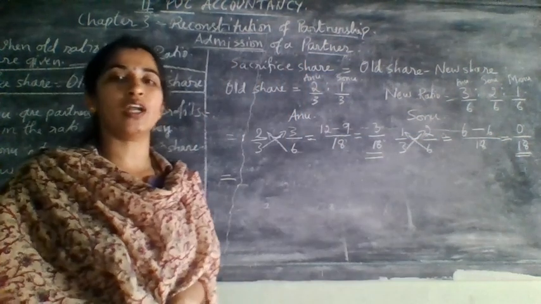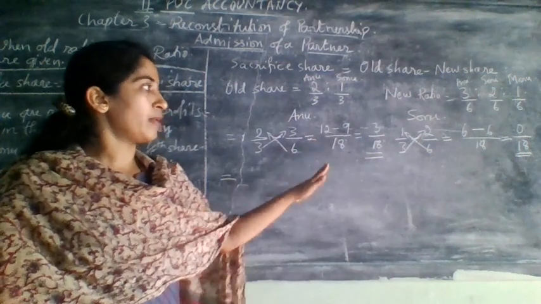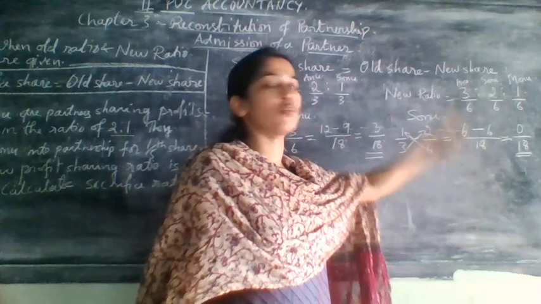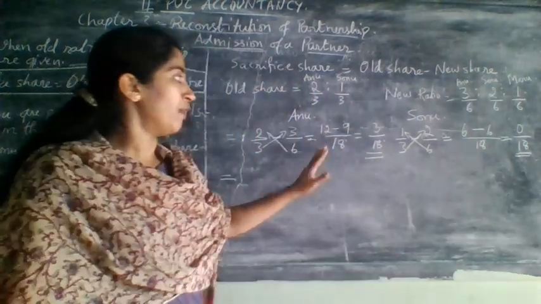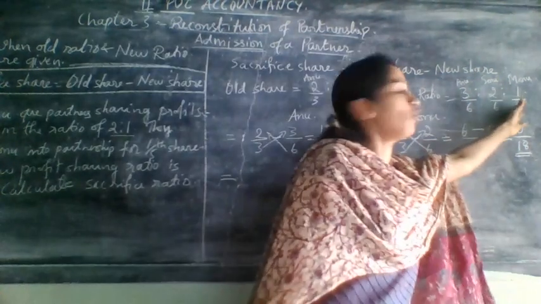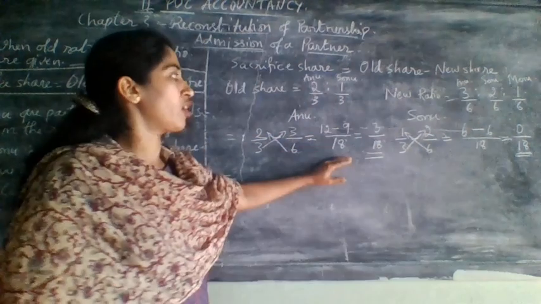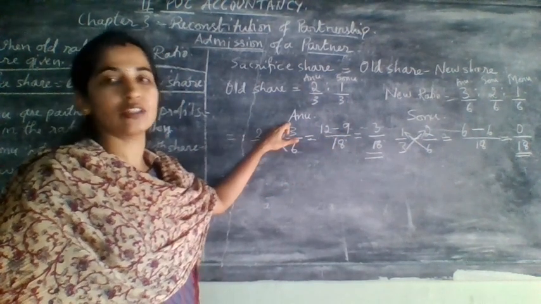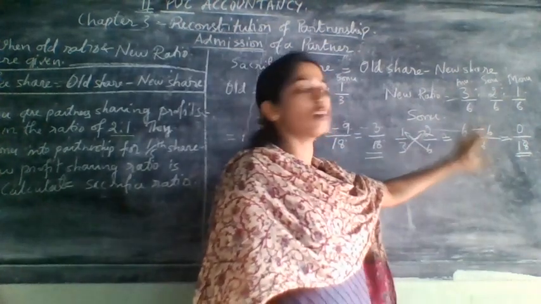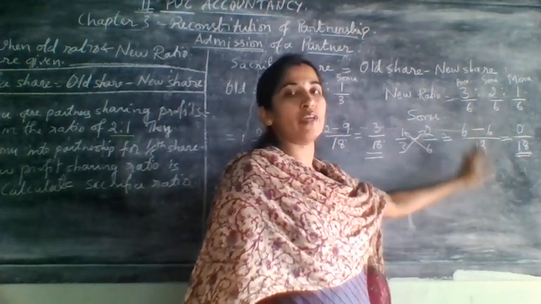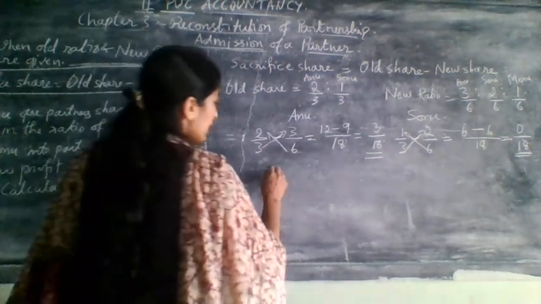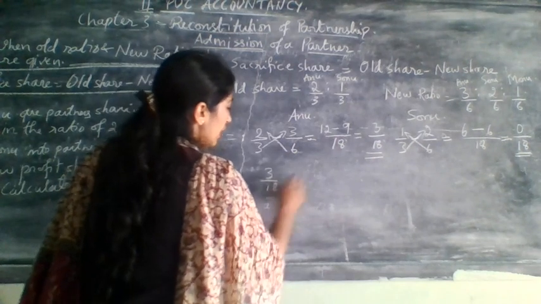0 means what? Here 0 means he will not sacrifice any of his profit towards the new partner. So whatever Monu will get, that share was contributed, or surrendered, by Anu only. So Sonu is not giving any of his profit share towards whom? The new partner. So now you write down the ratio, that is 3/18 is to